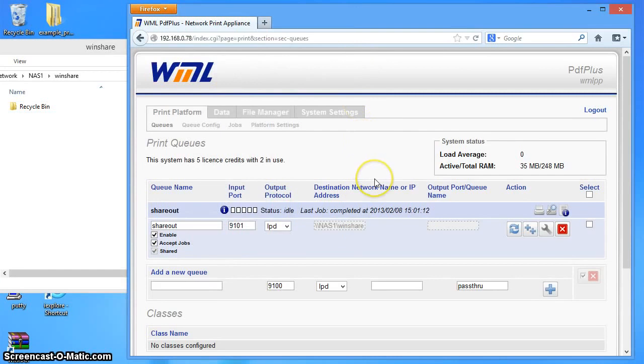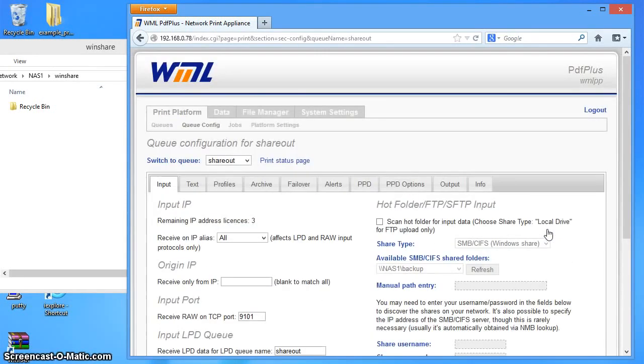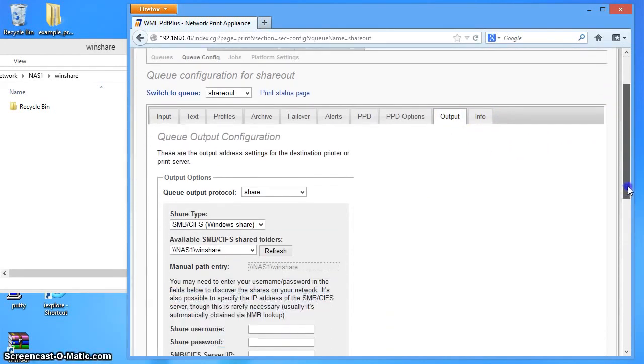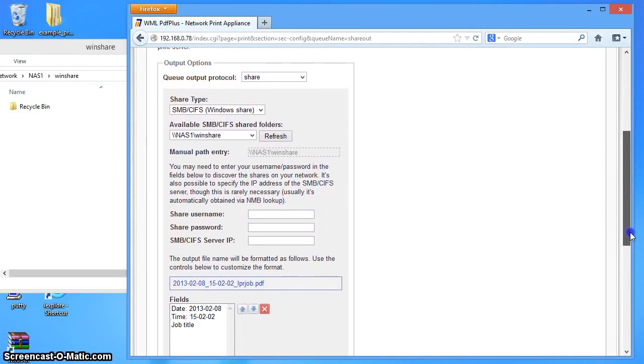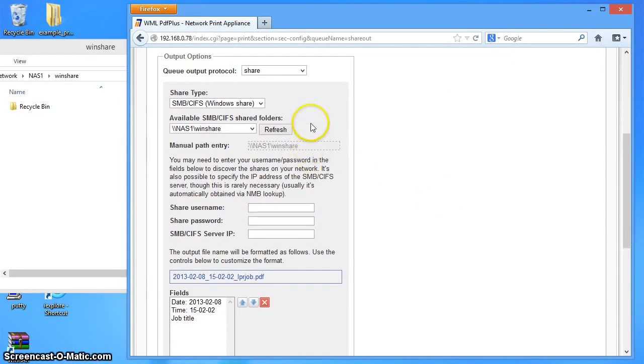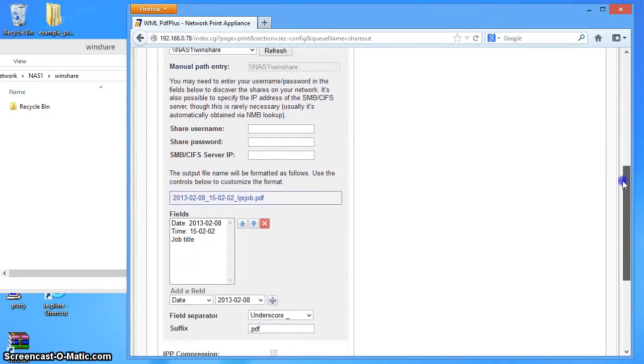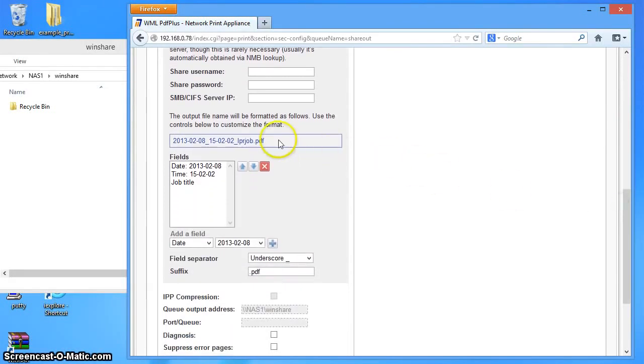So let's go ahead and modify the file name settings. If I now go into the configuration screen for the share out queue, here it is. Go over to output here, and if I scroll down, I've got a few additional options. Up at the top here I've got the share type and the share path options which I filled in when I created the queue, and then if I scroll a bit further down I've got the file name format. So I'm going to take out the date,